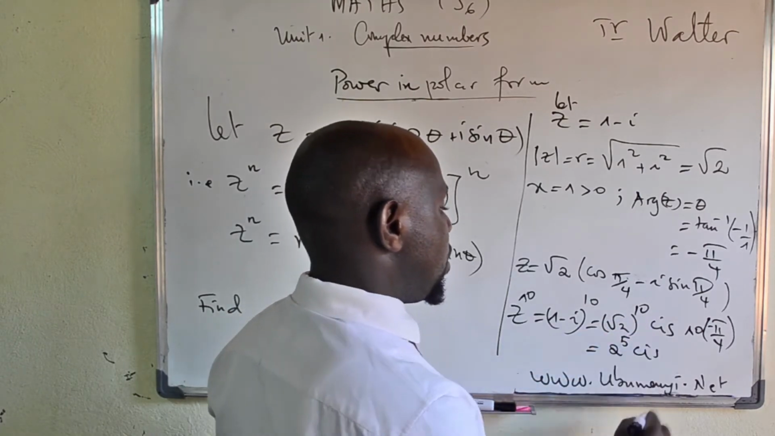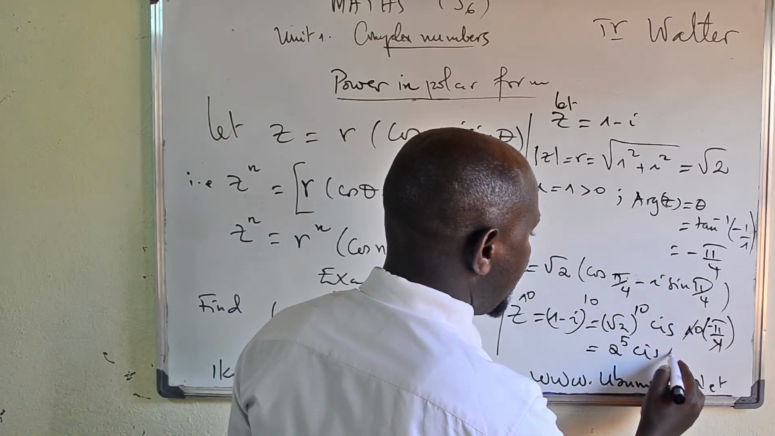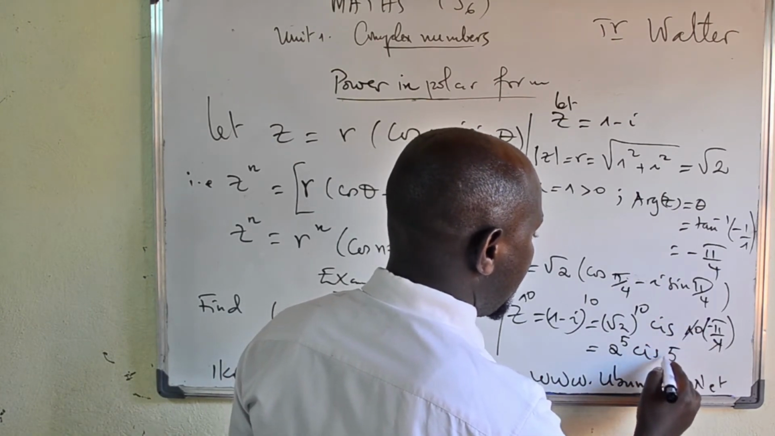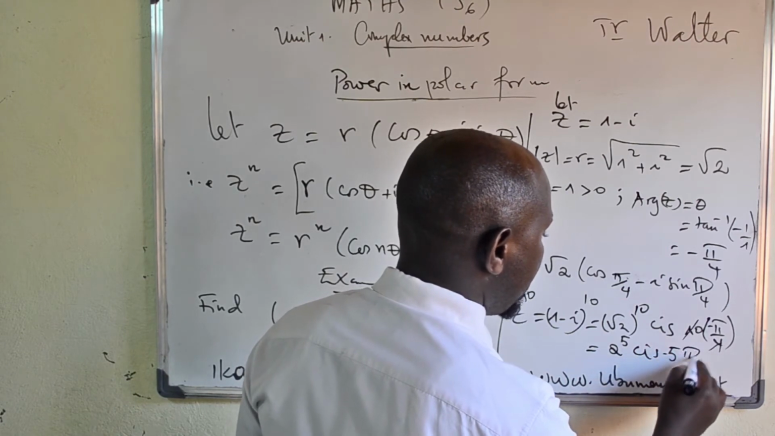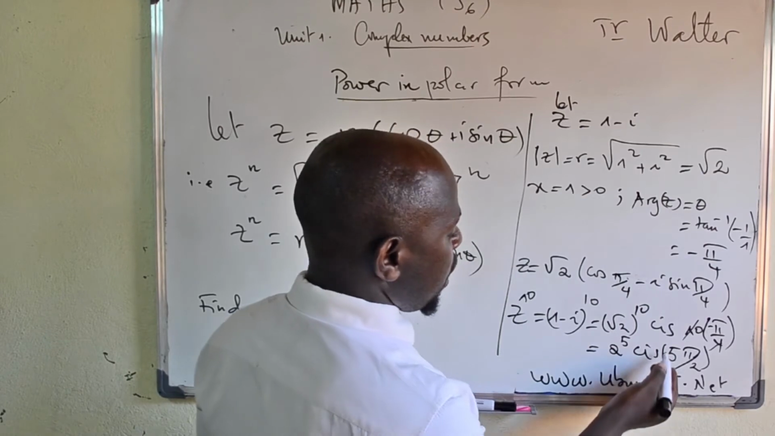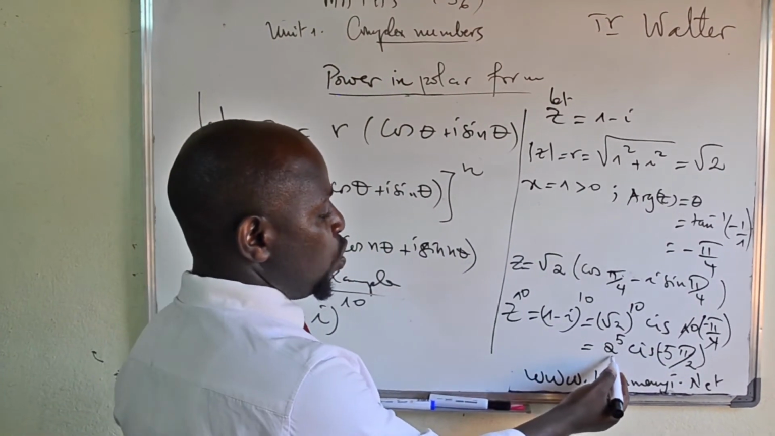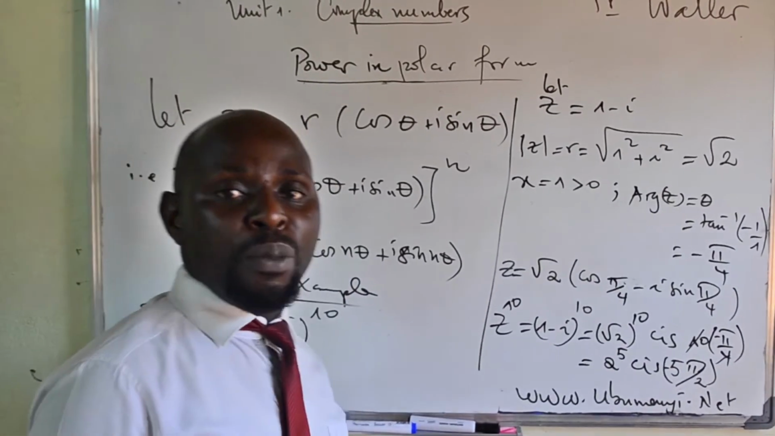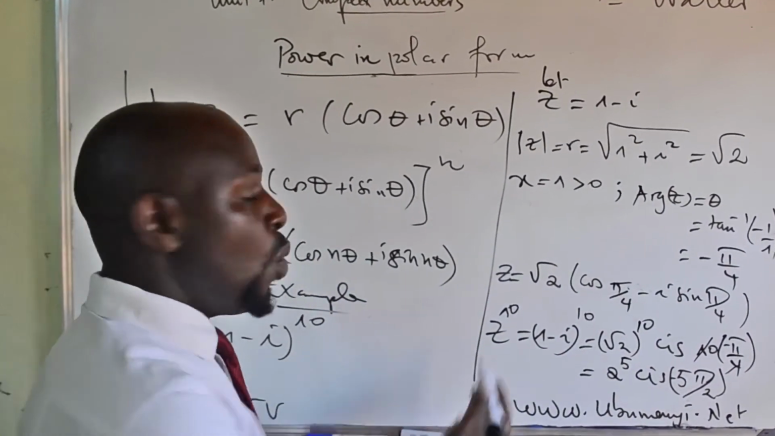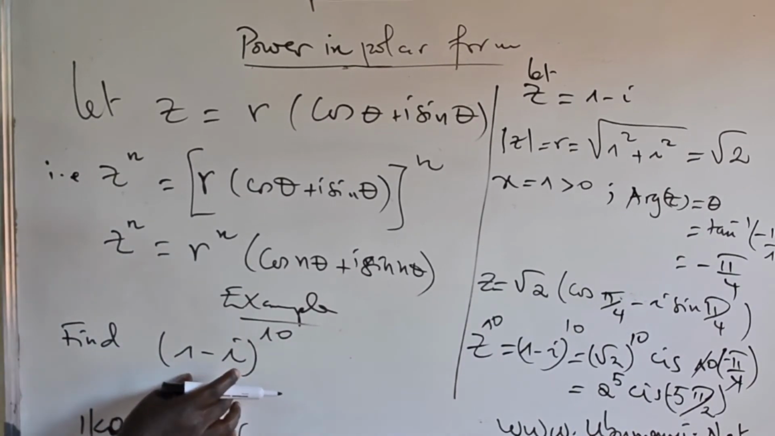So cis, and then here we simplify, ladies and gentlemen, and we shall remain with 5 minus 5 pi over 2. This is our solution. Negative 5 pi over 2 will be the argument, and 2 power 5 will be the modulus of the new complex number in power. So here we have found the power of this complex number,